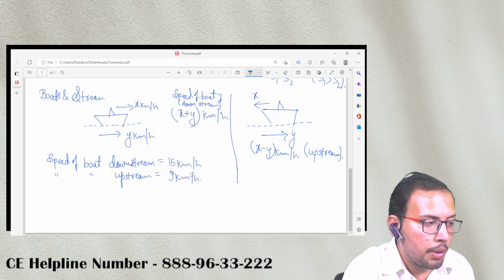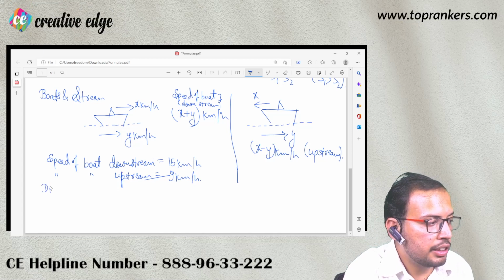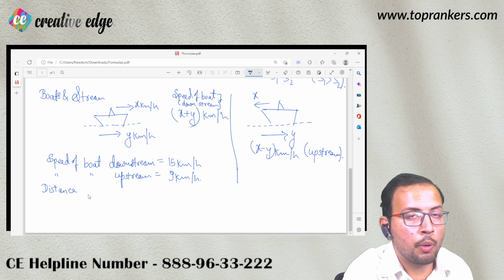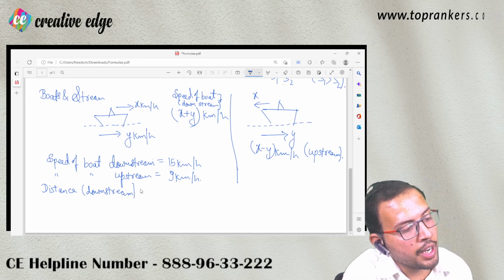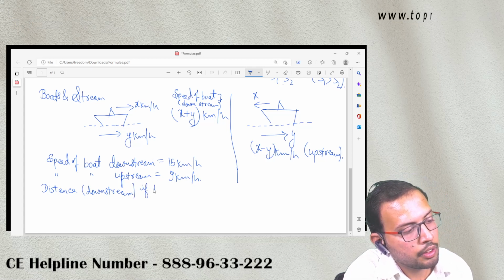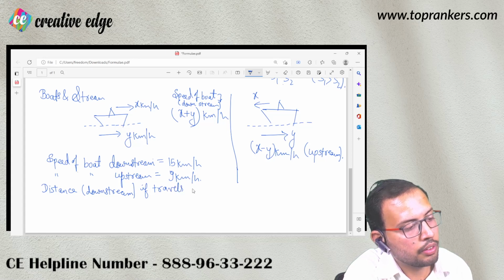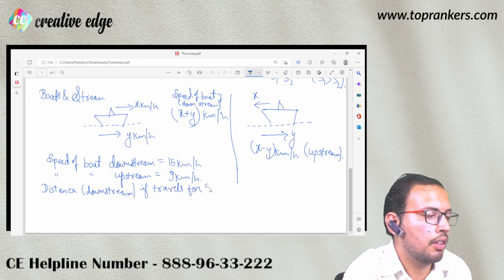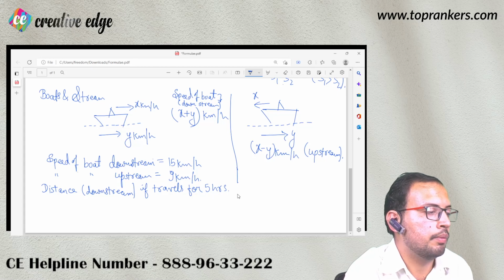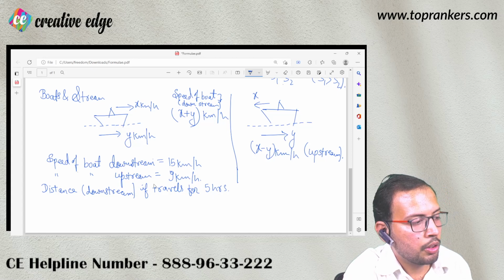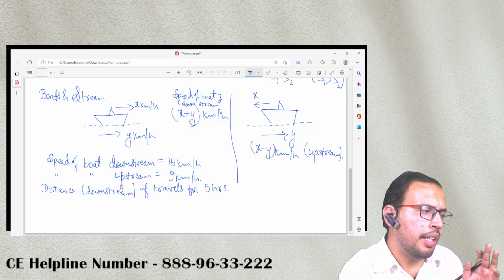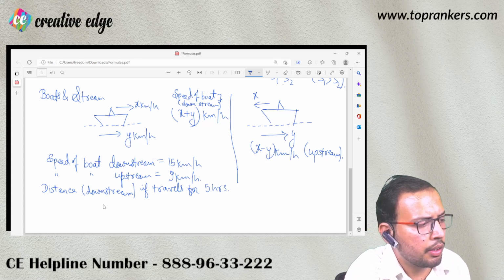So we have to find out what distance this boat is going to cover. What distance is boat going to cover downstream if it travels for 5 hours? If it travels for 5 hours. So in order to solve this question, now in this question the answer can be quickly, distance हमारा क्या होता